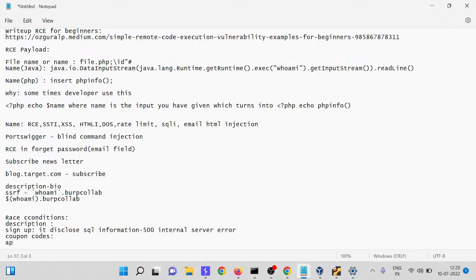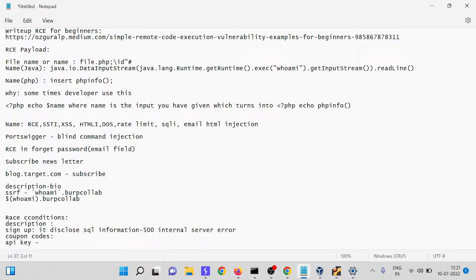API key. Sometimes there is an application where you can get only one API key if you are free, and for others you have to pay the target. When you click on generate API key, try to get a race condition. Sometimes you find more than one API key freely.